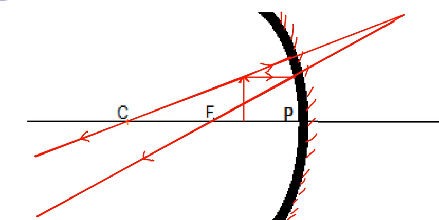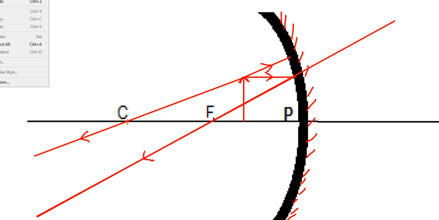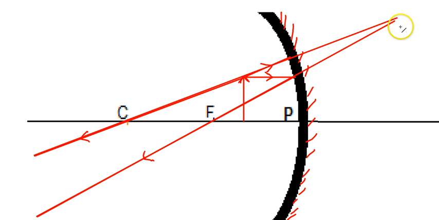Remember one thing, when you show it here, these lines, these rays here, they should be shown in dotted form. So remember this, they have to be there in the dotted form. So always represent them in dotted form. So here it is. So now here we find it reaching. So now it's very clear that this image is going to be formed here,